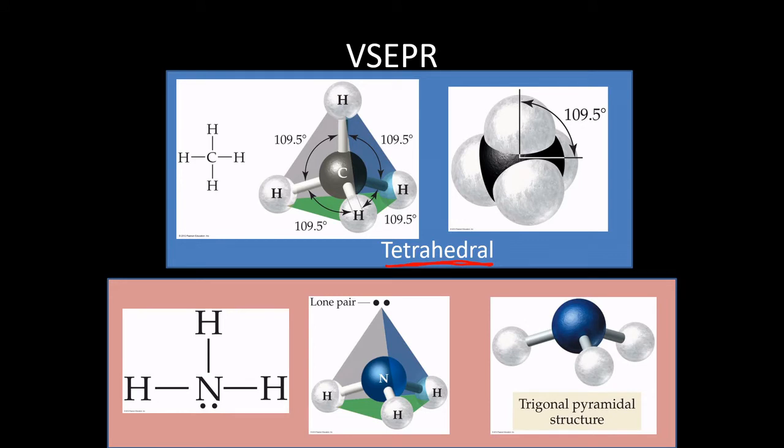So if you remember your geometry, you could have a plane, and you could put every atom in the structure in that two-dimensional plane. That is not the case when you get to 4 groups. When you get to 4 groups, you do actually have to go into the 3rd dimension, and with tetrahedral structures, you have 4 groups attached to the central atom, and they are going to be